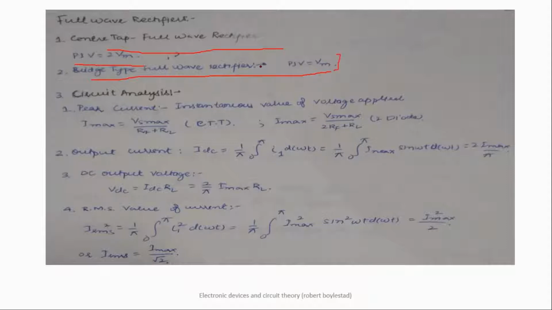After the end of the class, you are supposed to make a table like this, in which you will write the name of the rectifier. Suppose this is your half wave rectifier and full wave rectifier, and in full wave two types. And then here you will write various parameters we are discussing. Or you can do it the other way: write half wave here, full wave center tap, and bridge type, and then write out the various features of each rectifier and make a comparison. Is this clear? What kind of comparison you are going to make?